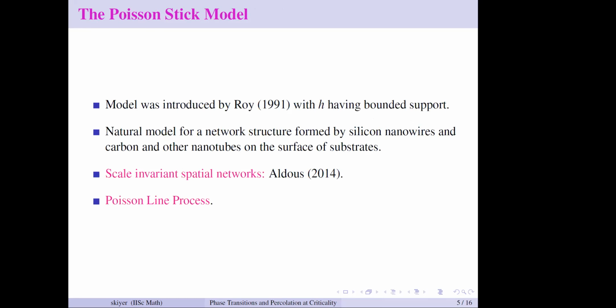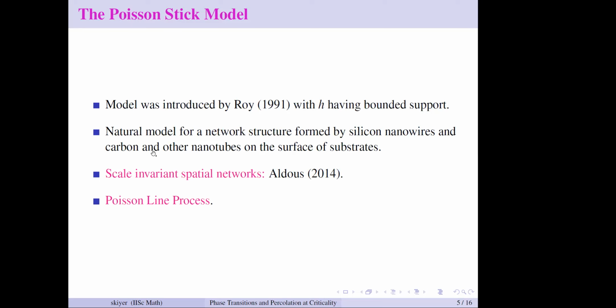And this model was introduced quite some time back, way back in 1991 by Rahul Roy. He considered this model where the half-length density has bounded support. So the sticks have random lengths, but the lengths are all bounded. And while talking to some people from nanoscience, it looked like